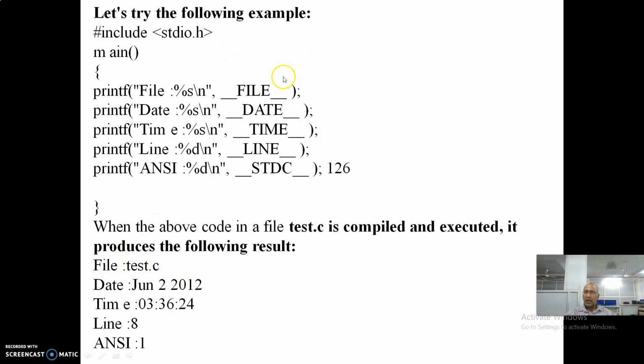Now suppose when you execute this, what is the file name? test.c. Now which date? That is the date it was compiled, today's date, for example June 2nd, 2012. And also the time it was compiled, that is 03:36:24. Which line? That is 8. And which version, that is either ANSI